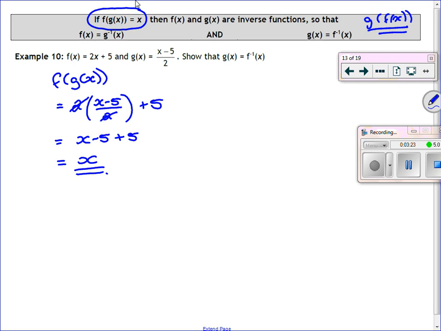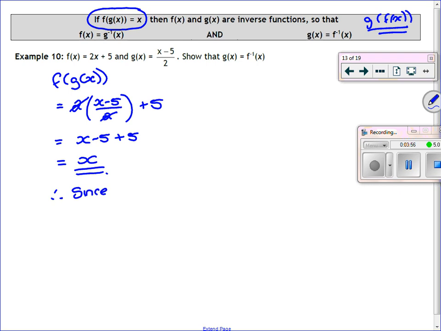inverse of another function. In higher maths, you will see a lot of questions that finish off or that have got a bit in it that says show that or prove that. And it's vitally important that you finish those questions off correctly. So this question said show that g of x is equal to f to the minus 1 of x. Well, we've shown that, so we can say therefore,